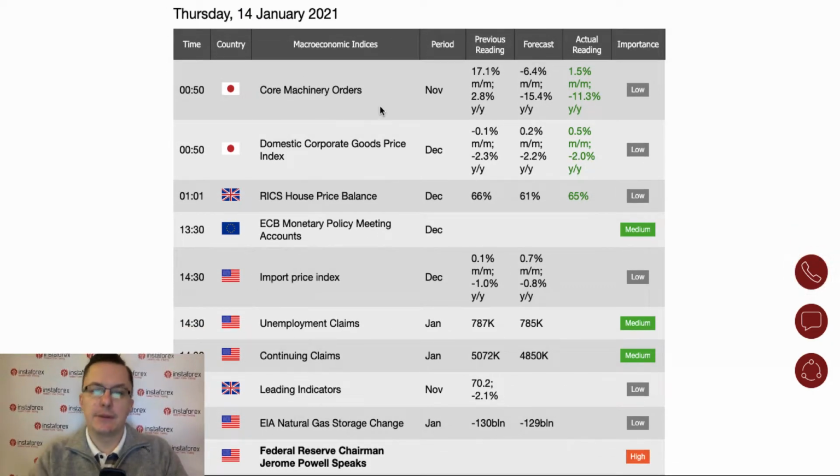Some data had been already released, like the data from Japan. Actually, they beat the expectations. The core machinery orders and the domestic corporate good price index, both of them have beat the expectations quite significantly. So it's looking good for the Japanese economy, but it's not that good